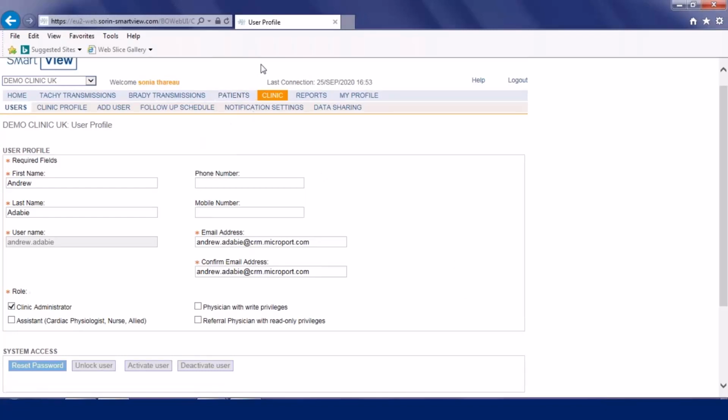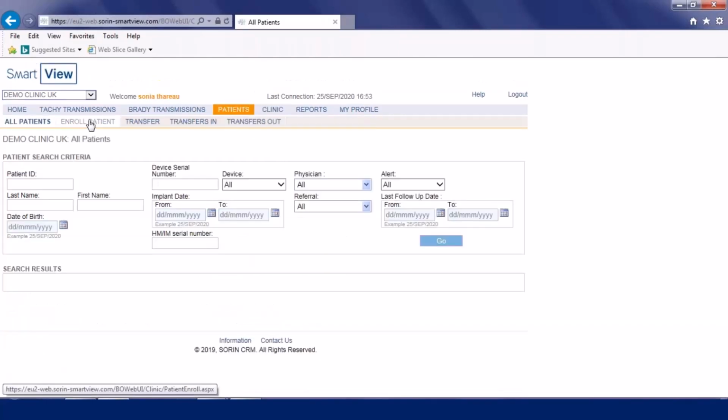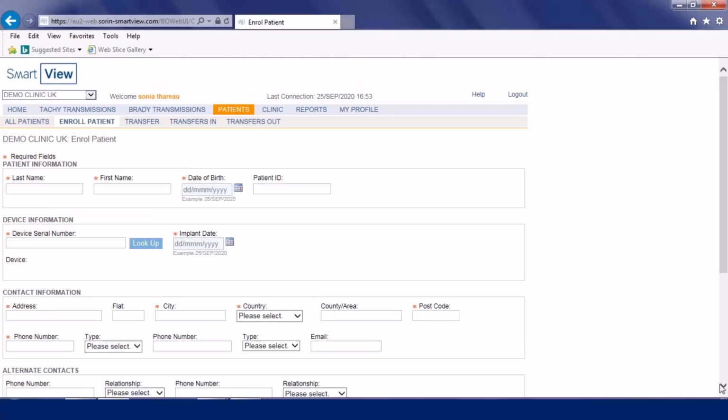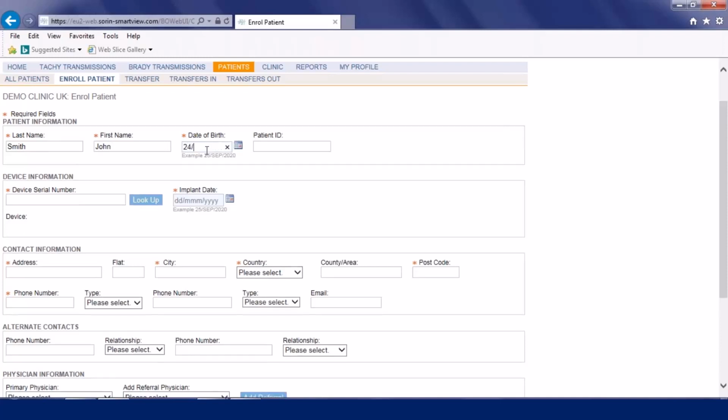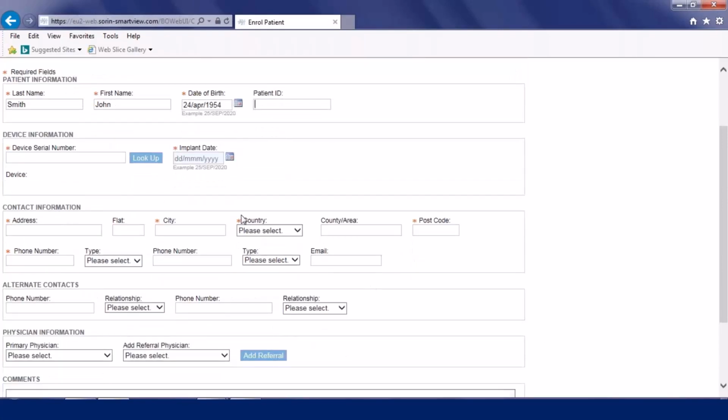So now you're ready to enroll your first patient. You just need to click on Patients, Enroll Patient, and then you have some mandatory fields, such as first name, last name, date of birth. So let me do this. We have John Smith, born 24th of April 1954. Patient ID is also a hospital number if you'd like to fill in this section. Then when it comes to the serial number, you enter the serial number of the device,